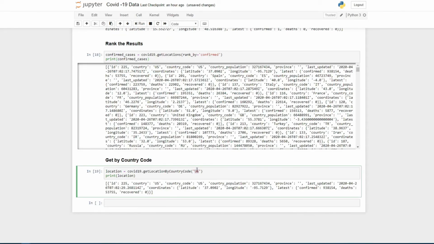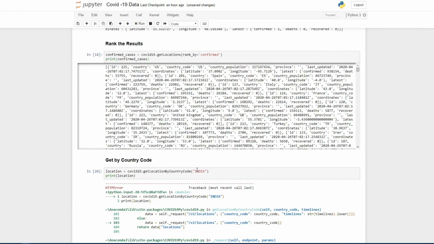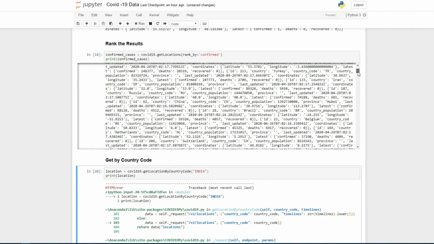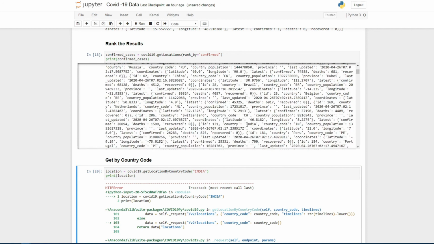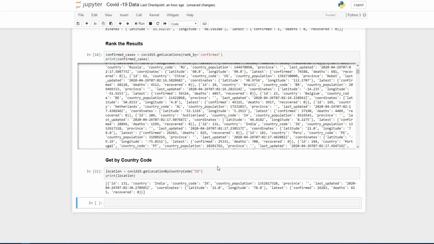And you can also choose India over here, and now if I run it, okay, there is an error because the country code is wrong. I don't know the country code of India, so let me search over here. Yep, the country name is actually India, the country code is IN. Okay, so I have to write IN only, and now if I run it, you can see now it is showing me the details of country India. The population is around 1.3 billion, the confirmed cases are 26,000, the deaths are 825, and the recovery is still 0. So in this way you can get the data according to the country code.